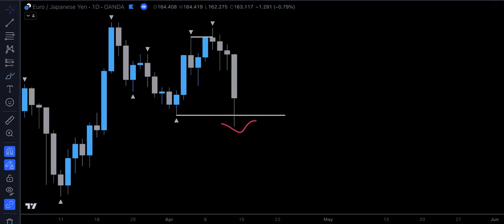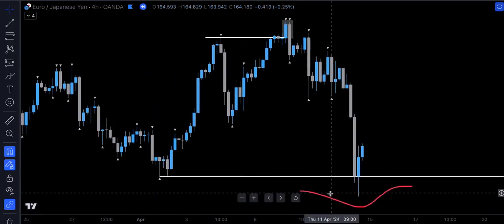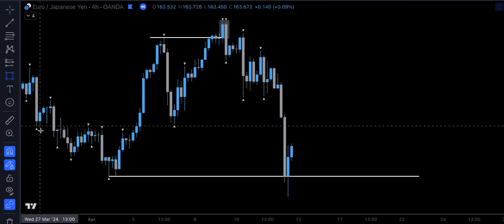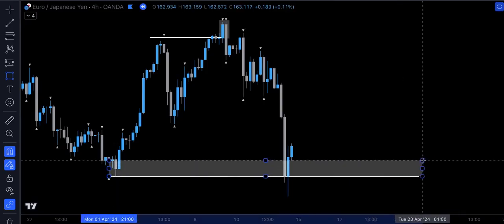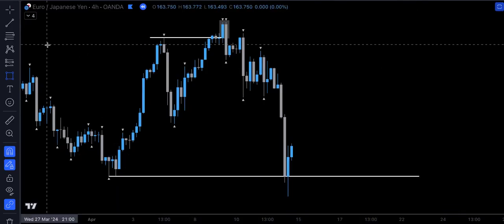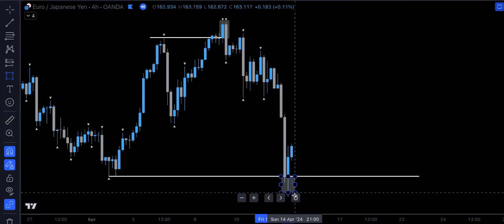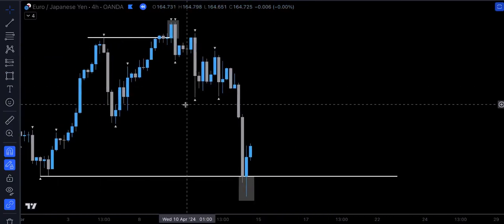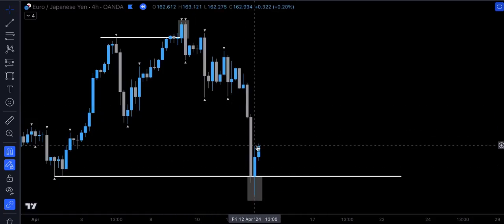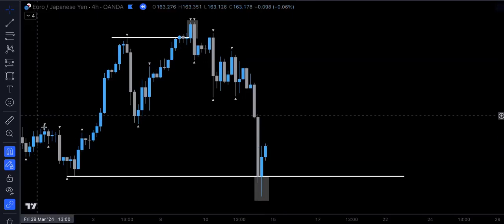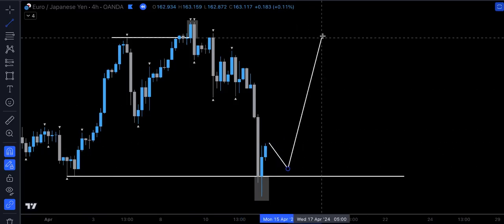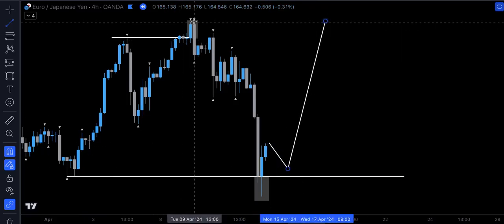However, when we drop down to the 4 hour, what you can see right here is this was the key level that was deviated right here. So let's just mark on the deviation. So this is the deviation right here, below that key level. We've reclaimed on the daily. Therefore, we can look for an entry off our key level, and then we can look to target range highs,